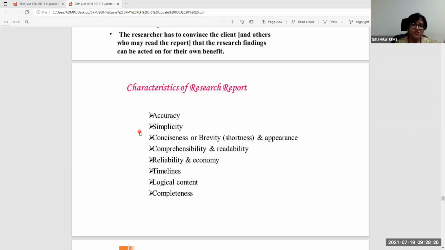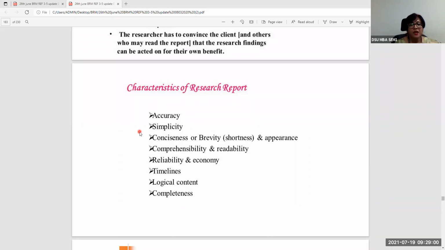So unlike the questionnaire, where we do not let the second translator see the original language version, in this case, the second translator would be given both versions and asked to suggest or give inputs as to whether any changes are required, in order to check for the veracity, the authentic nature, or any discrepancies that can be spotted in the translated version of the research report. So this is to ensure that comprehensibility and readability is not compromised because of language issues.